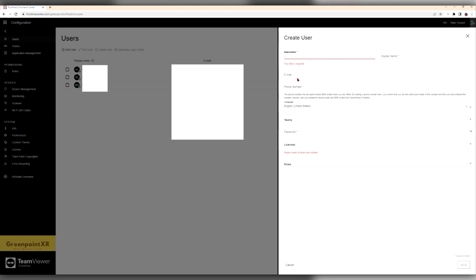Under the Create User, you will be prompted to create a username, a display name, enter an email address. With an email address, the new user will be receiving a prompt notifying them that they have had an account created for them, along with a prompt to create a new password for their account. A phone number, preferred language, in this case, that would be English for me, Teams. In the next part of the video, we will be covering Teams,